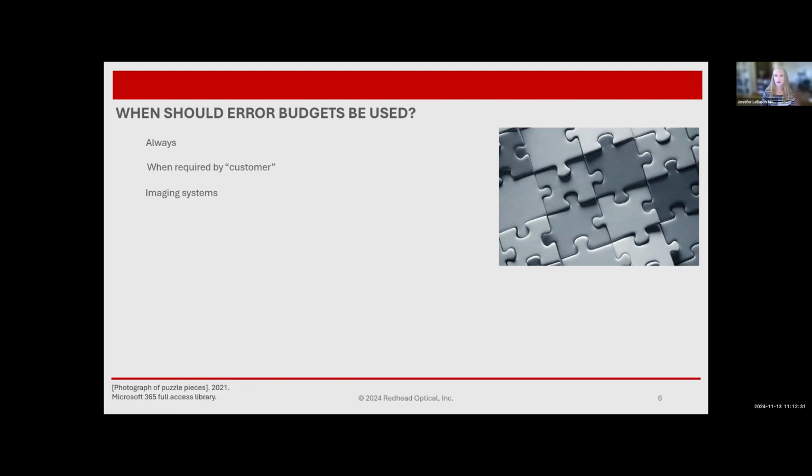Imaging systems, and here what I mean is, in contrast with illumination systems, I've used error budgets, this formal system, much more often for imaging systems than for illumination systems. Probably obviously for diffraction limited systems, you can't really have any errors of any magnitude at all. So you've got to keep track of each and every one of them. Some special kinds of systems, those with large or lightweighted components, shape errors that we get in those optics really explode this